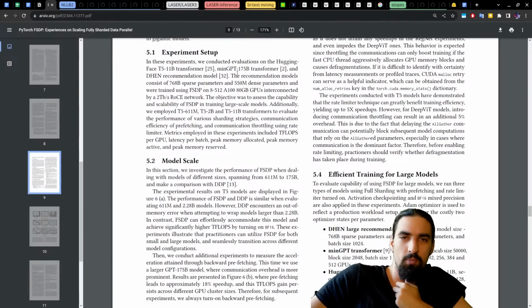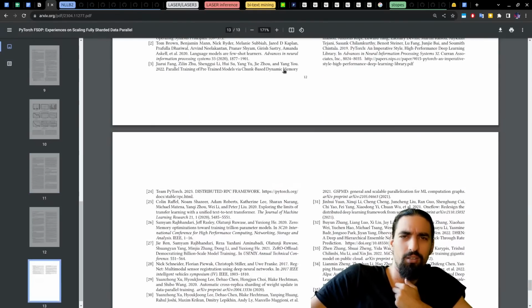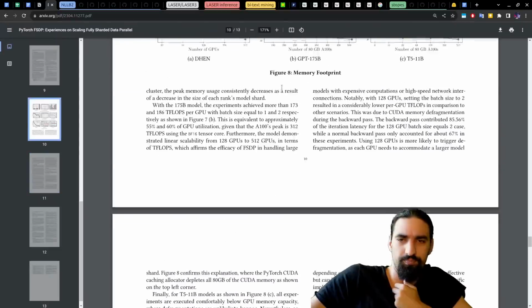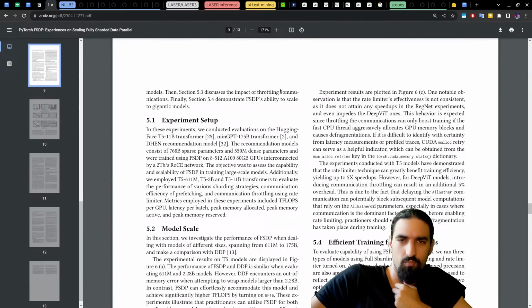In these experiments, we conducted evaluations on the Hugging Face T5 11B transformer, minGPT 175B transformer. Is this like Karpathy's work or what? minGPT. And finally, the DHEN recommendation model.